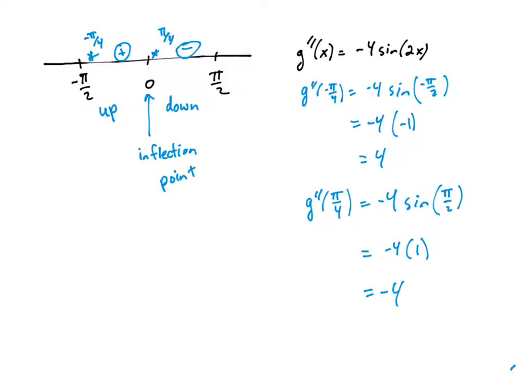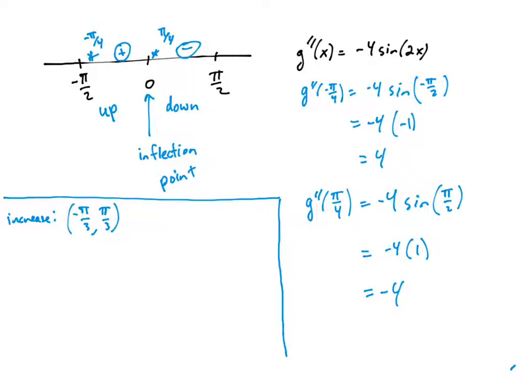Okay, so summarizing everything we've done on this problem, we saw that we had an increasing interval from negative pi over 3 to pi over 3. We had a decreasing interval. We actually had two of them, negative pi over 2 to negative pi over 3. We're going to include the negative pi over 2 because that value in the interval is a closed interval, and we include that endpoint. And then union pi over 3 to positive pi over 2,